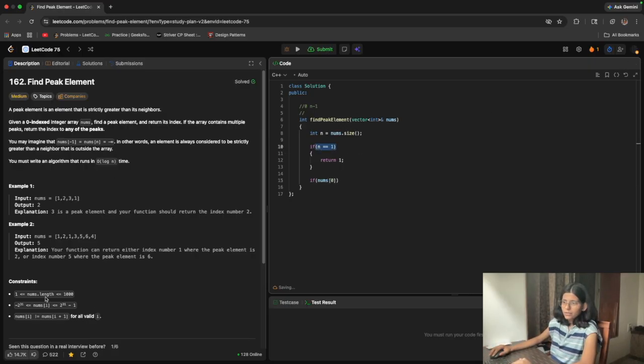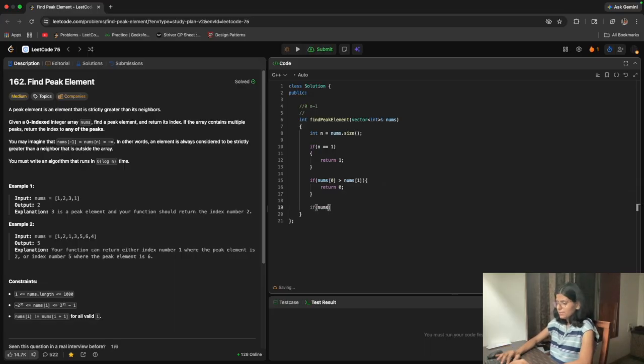They have given that nums.length will always be greater than or equal to 1 and less than or equal to 1000. So if n equals 1 is false, then it means n is greater than 1, so I'll have 2 elements minimum here. First I will check if nums[0] is greater than nums[1], then I will return 0, because that's the peak I found.